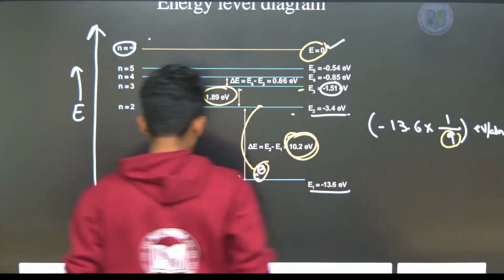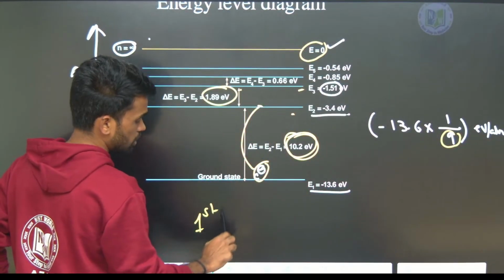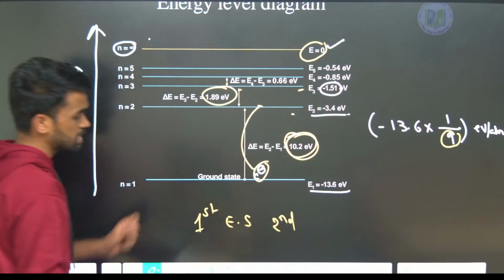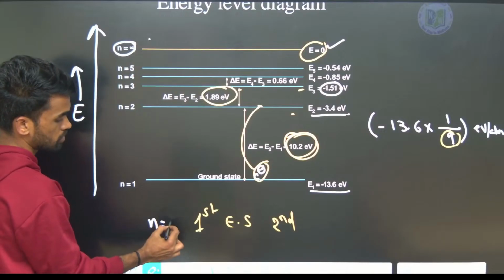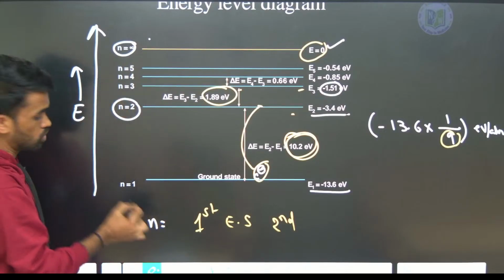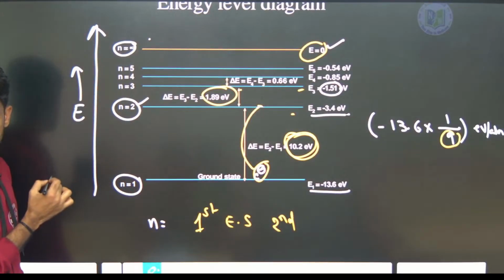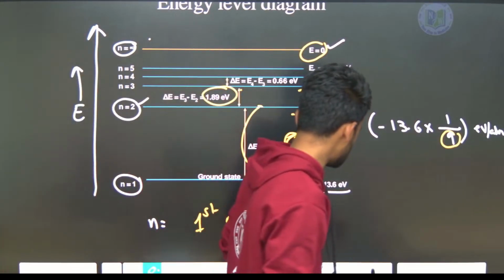I am saying first excited state, and that is also the same as the second state. First excited state, the n value is how much? The n value is 2. Ground state means n equals 1. First excited state means n equals 2. Next one is,